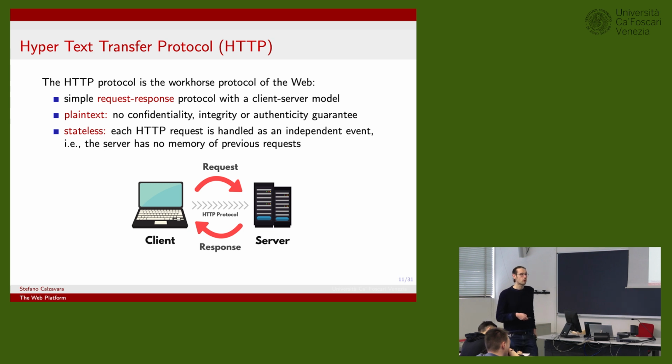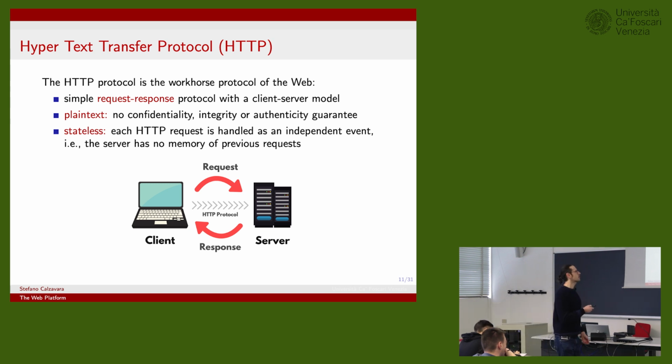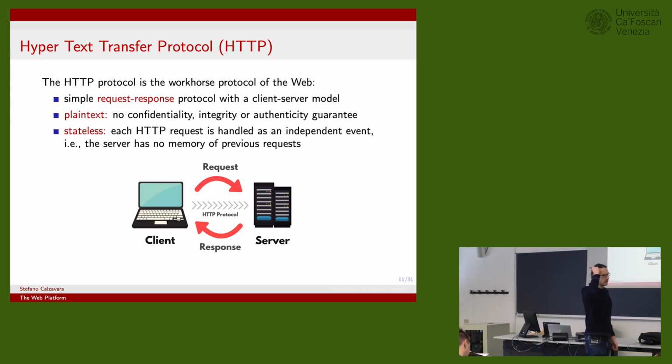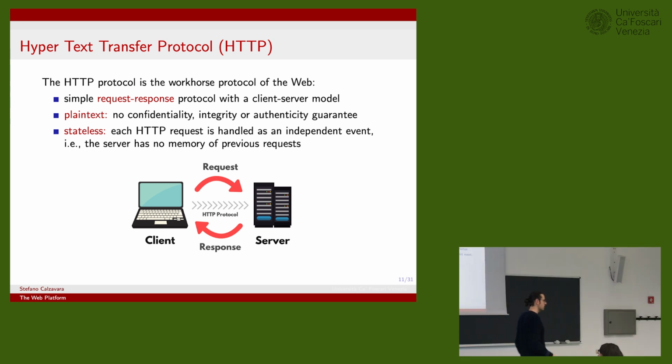Of course, it's a real-world protocol. Real-world protocols can be complex, but we can summarize the key ingredients of HTTP in terms of just a few bullet points. It is a request-response protocol based on the client-server model. You can see an example here. You have a client, most normally a web browser.